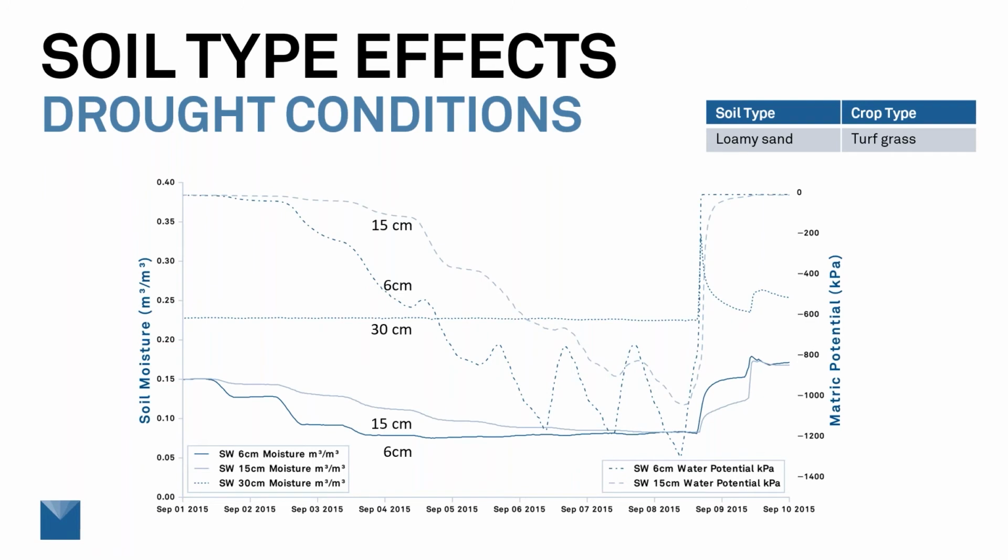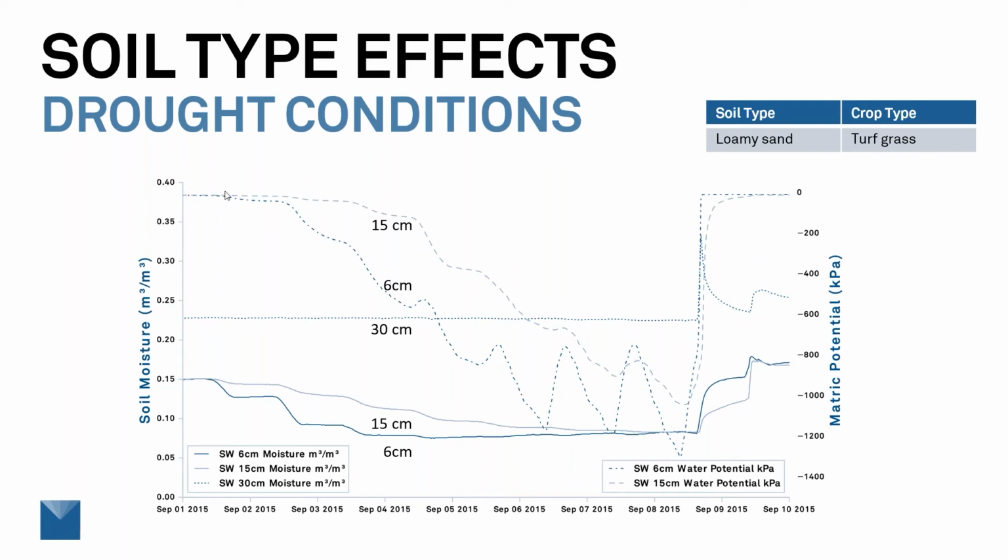Now in drought conditions, we again see this beautiful water uptake at the 6 centimeter level, and also more gradual, but at the 15 centimeter level as well. But the interesting thing about this data set is we can see this uptake on a daily basis until suddenly we stop here. And this is the point that the grass starts to not be able to take water from the soil. And essentially, we're changing that grass from actively growing into dormancy.